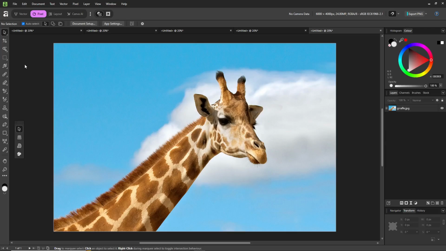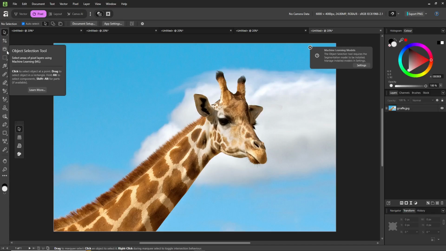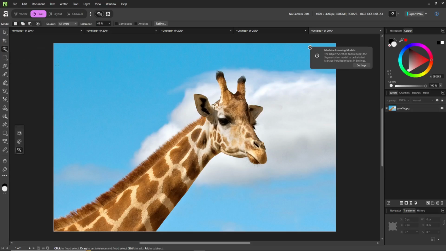Next, direct your attention to the left sidebar where all your tools are located. Click on the Object Selection tool, and from there you'll see a drop-down or submenu appear. Select Flood Select tool from these options. This tool allows you to select areas based on color and tone, making it incredibly efficient for isolating similar colored